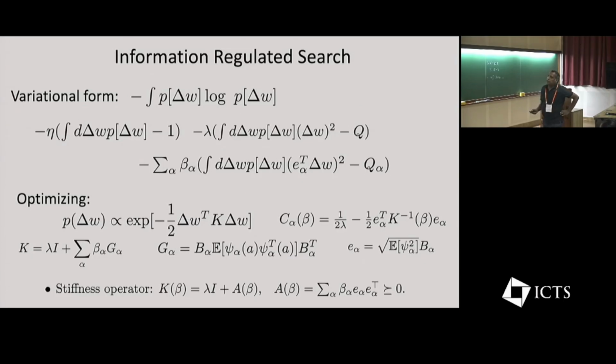One thing I wanted to show: this stiffness matrix has the form lambda I plus some other matrix A beta I. A beta I is a positive semi-definite matrix, and lambda is a positive number. So K beta is a strictly positive definite matrix. In the limit of criticality, if the minimum eigenvalue of A goes to 0, you still end up with some positive number, which is basically a noise floor, so you can go very close to criticality but not achieve criticality.